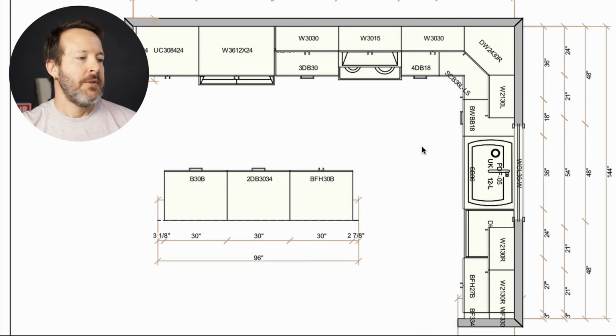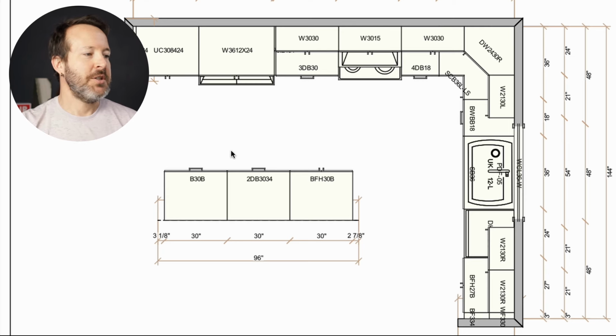So first, let's look at the kitchen that I designed so we can start comparing the different categories. This is a basic L-shaped kitchen with an island. It's 144 by 182 inches, so about 15 by 12 with an island in the center. Pretty standard looking kitchen with a pantry, fridge, wall cabinets, range, corner wall, corner base, sink base, dishwasher, other cabinets in the island. And I tried to include cabinets that would be easy to find in an RTA lineup of